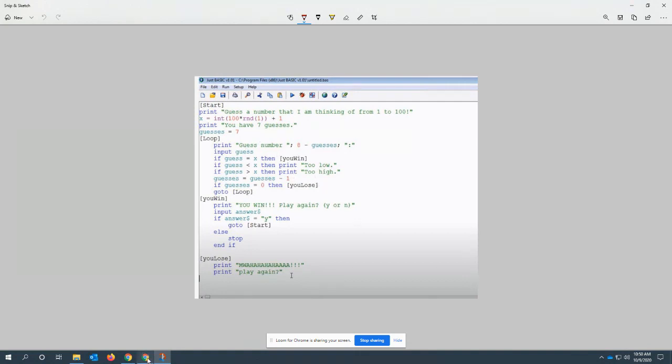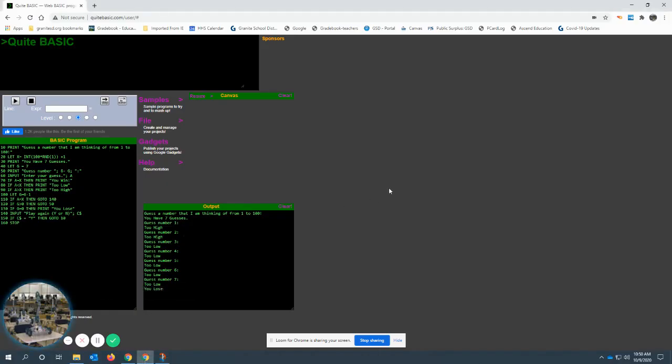So let me show you. Here's the program I started with. I converted it into a Quite Basic program. It's right here. And the first thing I had to do was type all the commands as all uppercase. And then add statement numbers in there, and deleted the items in Just Basic that were used as placements for the program to go